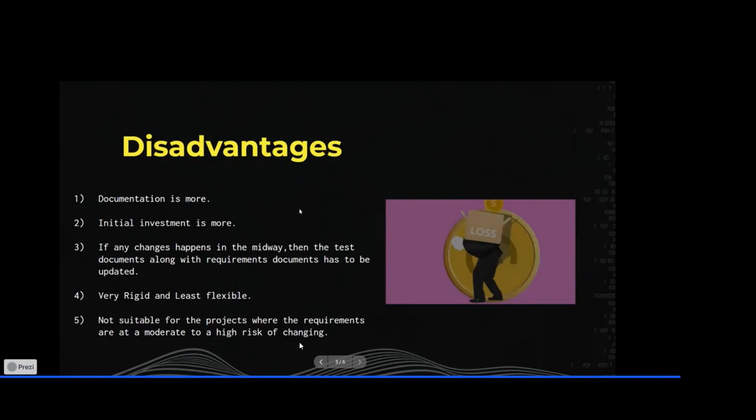As I said in the earlier session about the waterfall model, it is not suitable for short projects, and requirements are not allowed to change. Like that, the V model is also not suitable for short projects, and here also requirement changes are not allowed after completing all the phases.